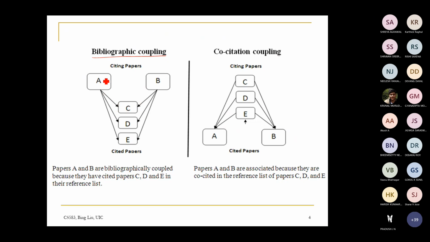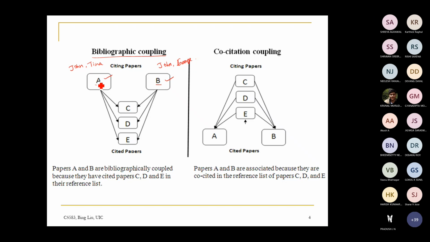Paper A and paper B are bibliographically coupled. That means the authors of those papers have some similar research content, and even the authors might be the same. For example, John is the first author and Tina is another author. Just for an example, I'm saying John is the same author here, and he has been working with George.